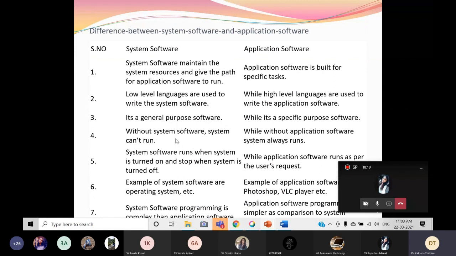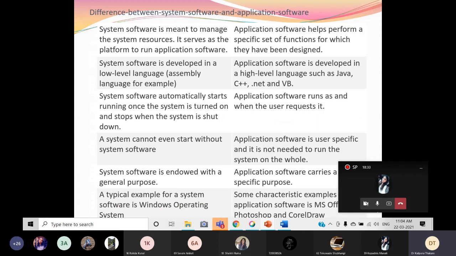Without system software the system can't run, whereas without application software the system always runs. These are certain points which are the differences. But one more important difference you can add from the next slides. A typical example of system software is the Windows operating system. And the last one, some characteristics and examples of application software, I had given you two in the earlier slide, right? Now these are more: MS Office, Photoshop, Corel Draw, and